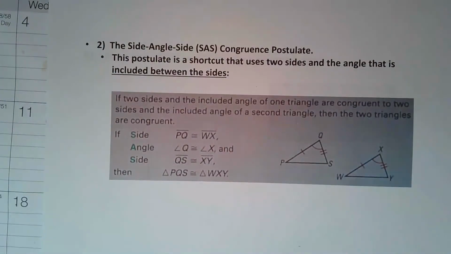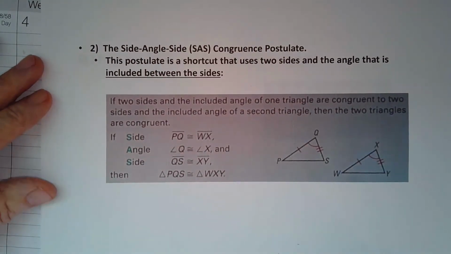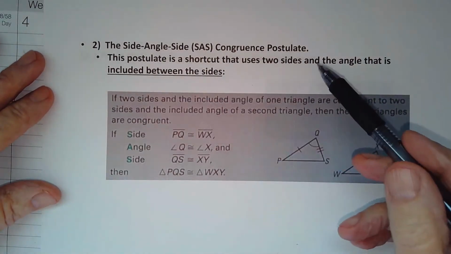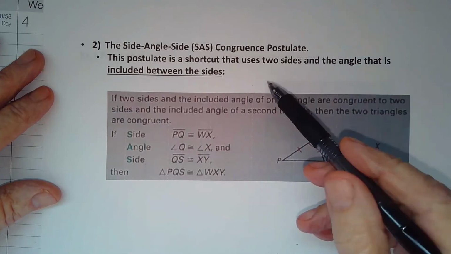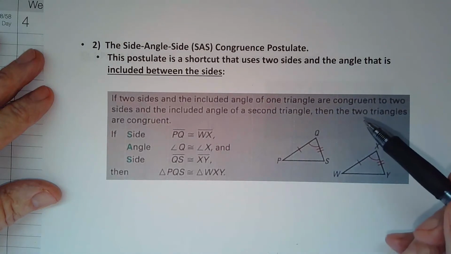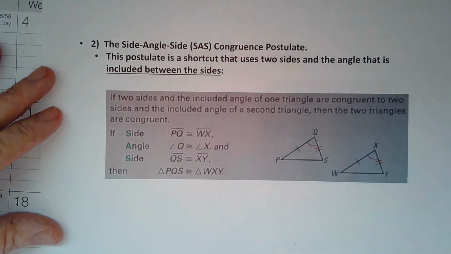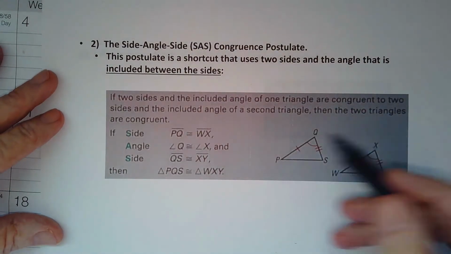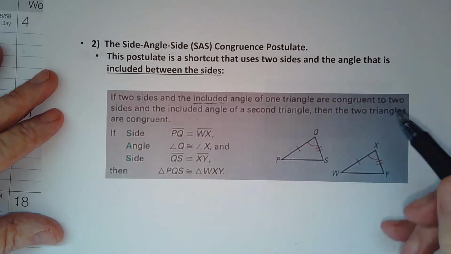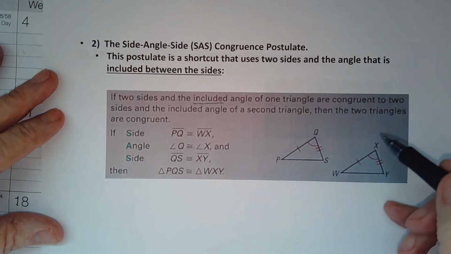Now here's the other one we're going to look at. Now there are more shortcuts, and we'll be going to those later, but this one is called side angle side congruence. So this uses two sides and the angle that is included between the sides. So that's where the angle comes from. So side angle side. Here's the postulate or theorem. If two sides and the included angle of one triangle are congruent to two sides and the included angle of a second triangle, then the two triangles are